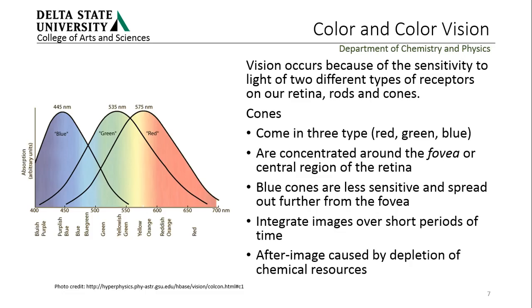The way we sense color with our eyes is we have three different types of cones in our eyes. Call them three different colors of cones. Well, that implies that they have those colors. They don't. We have three different types of cones in our eyes. And what we have here is a graph of the sensitivity of each kind of cone to various